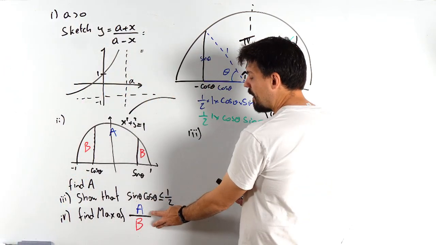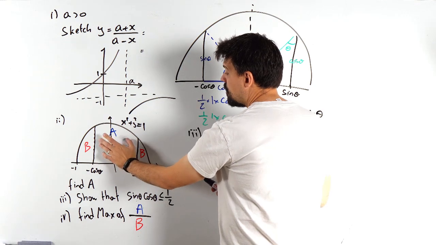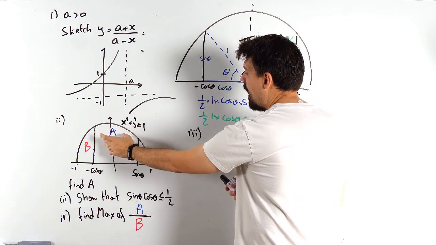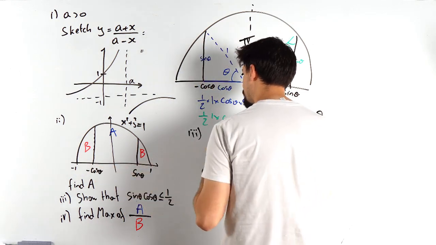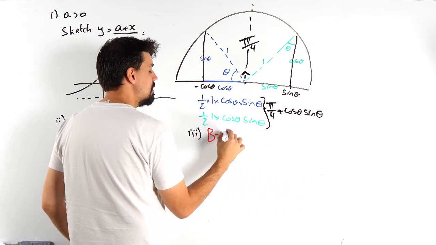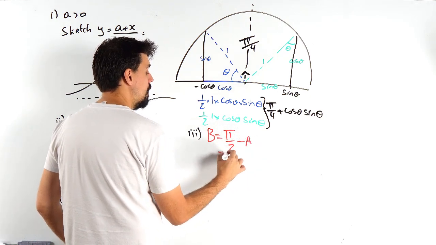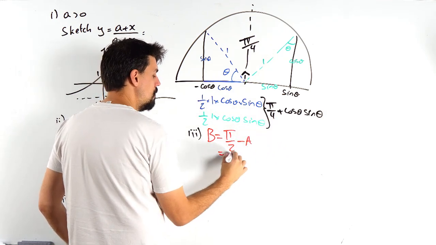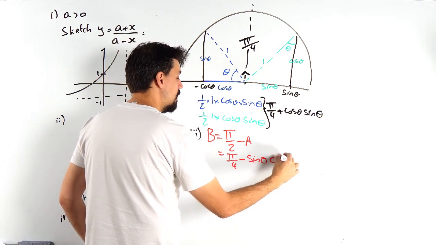Now, can we find the maximum ratio of A to B? So how do I maximize the ratio of this area to that area? Right, so I need to find how much bigger can I make this area than these two by changing theta. Now, the area of B is quite straightforward. It's the area of the semicircle minus A, which in our case here is that. So we end up with pi over 2 minus pi over 4, which is pi over 4 minus sine theta